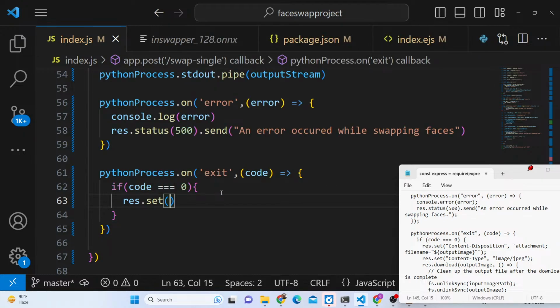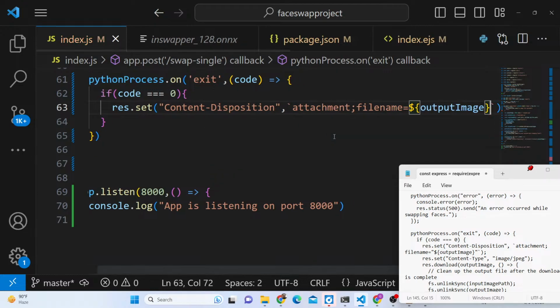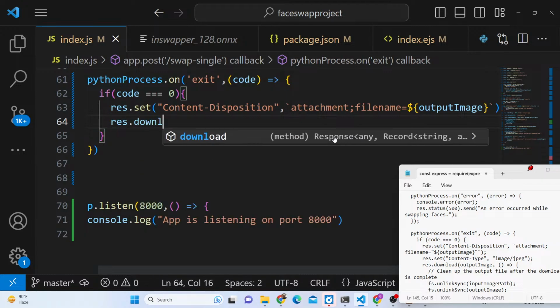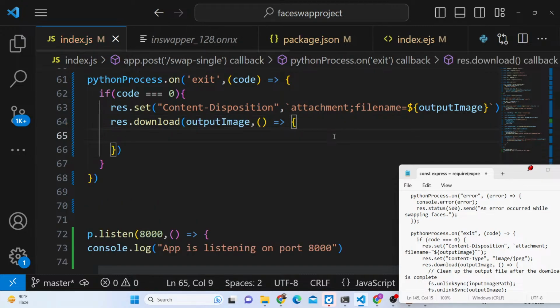our command is successful. In that case we will download the file. So we will set these headers: Content-Disposition, attachment, and put a semicolon, and here we will say filename is equal to output image. And after that, guys, we will download the actual file, response.download output image,